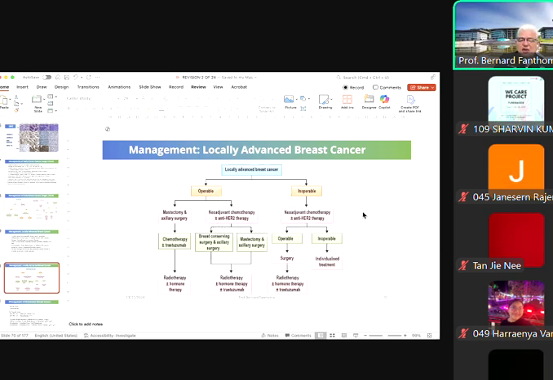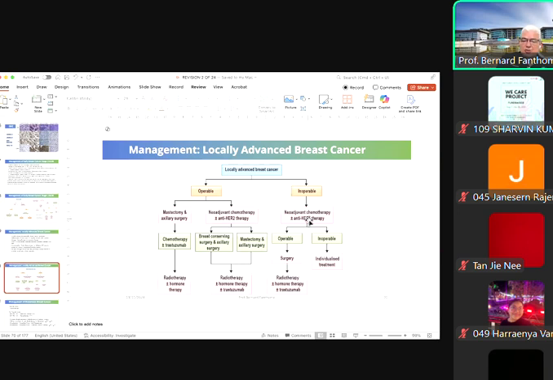neoadjuvant chemotherapy, becomes the better option rather than going for surgery first and leaving those metastases alone. Subsequently, because it is an advanced cancer there will be more likelihood of wound complications, so your chemotherapy will keep getting delayed till the wound settles down. So, in all locally advanced breast cancer, though the option exists to operate immediately, the correct treatment is always this neoadjuvant chemotherapy. In locally advanced breast cancer, we start with neoadjuvant chemotherapy and we see the